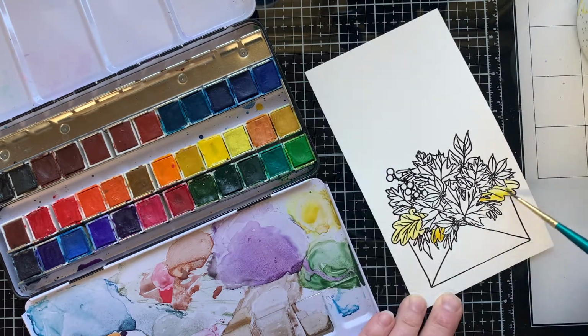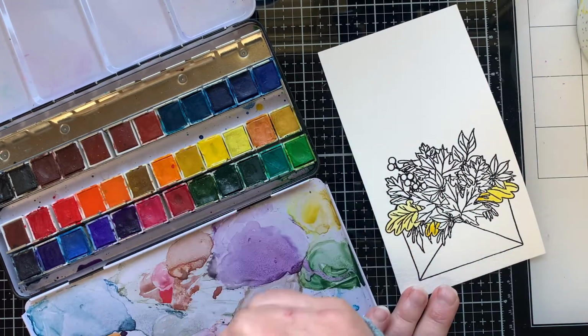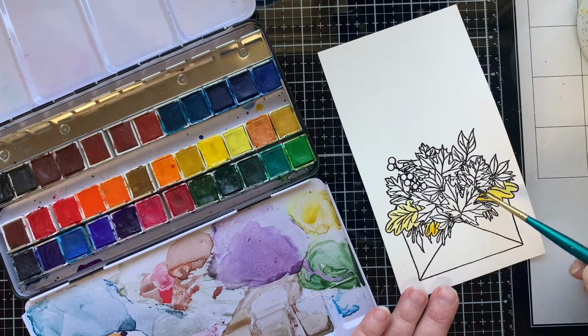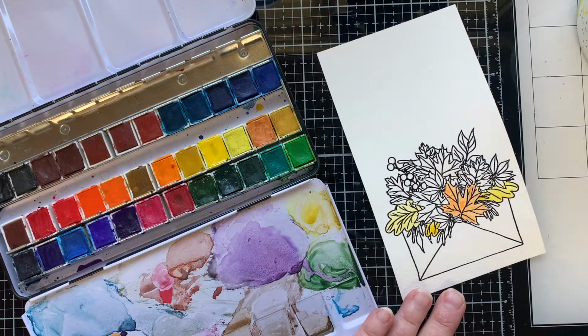I can go back and layer on some darker shadows if I want later, which I will do. But I just have fun watercoloring. I am not by any means an expert on this. I'm not teaching how to watercolor today at all,